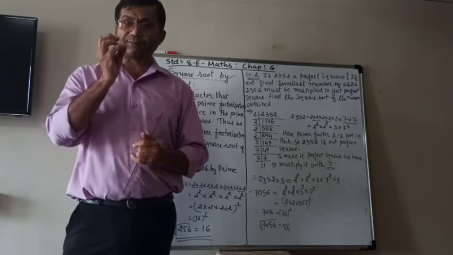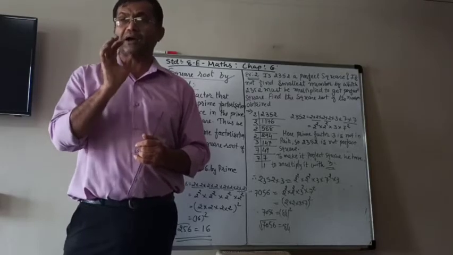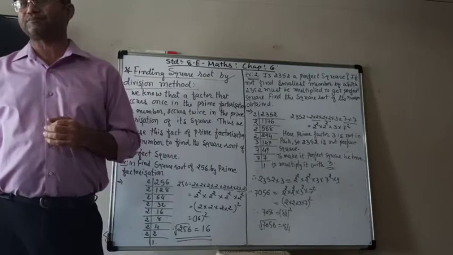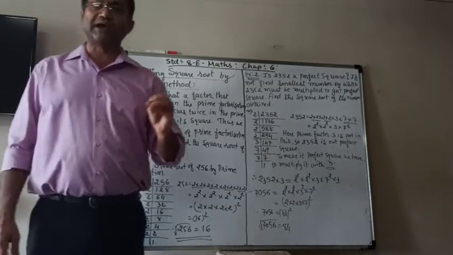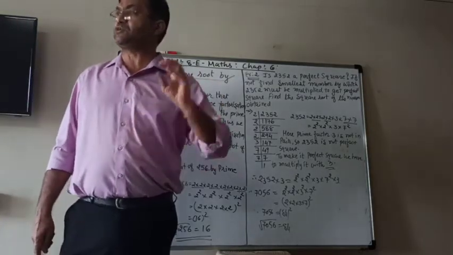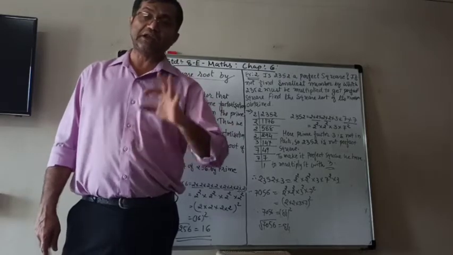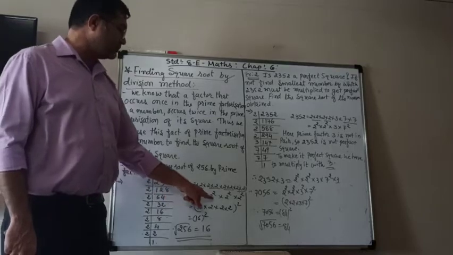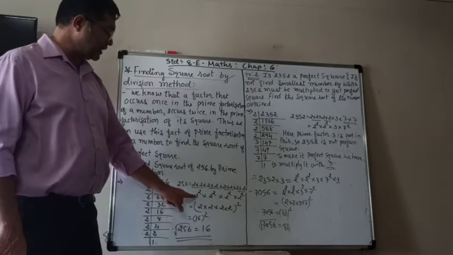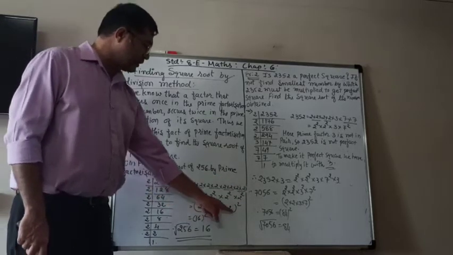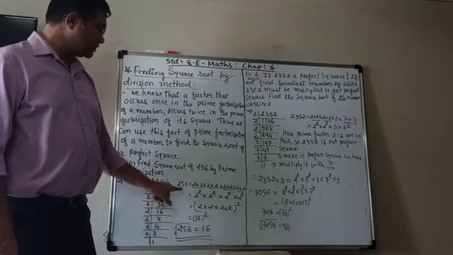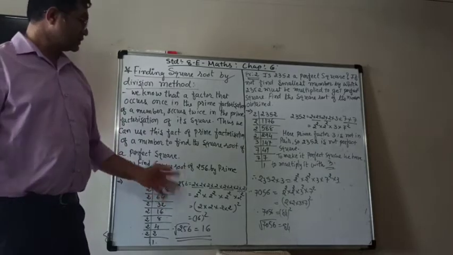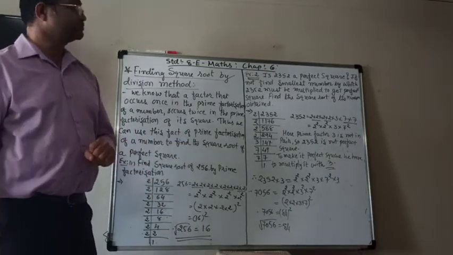If it is a perfect square number, then all the prime factors will come in pairs, unless you make a mistake. So be careful while doing the prime factorization, do the divisions perfectly. Then you will get the prime factorization as pairs of prime factors. And then we write that down and make the square. And then taking the square root means removing the square on the other side. So that is very, very simple.